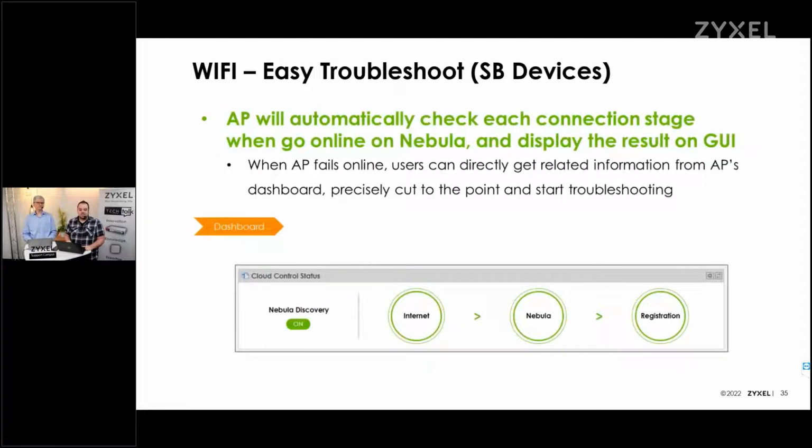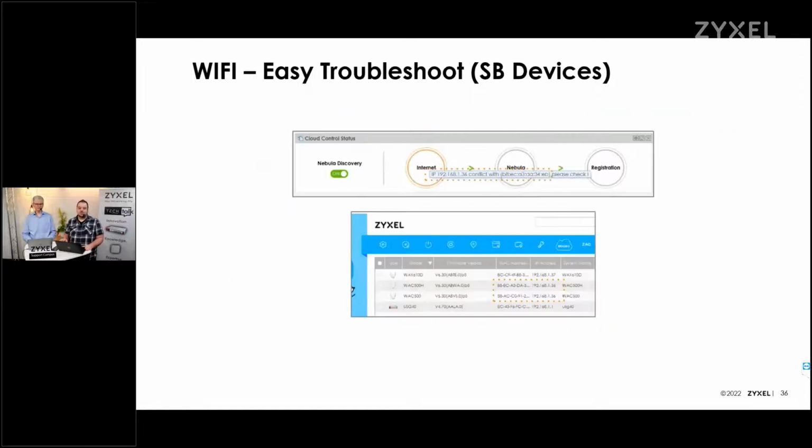Next one is an easy troubleshoot wizard, which is currently available for our small business devices. This troubleshoot wizard will show you, when you try to bring a device online from standalone to Nebula, where it may be stuck. So is the internet connection the issue? Is the Nebula connection the issue, or the registration itself? And to do that, this tool will always show you the stuck step, including a message what is not working as expected. So in this example, you have an IP conflict with another device in your network. So you can use Zyxel One Network utility, scan the network, check which device is conflicting,